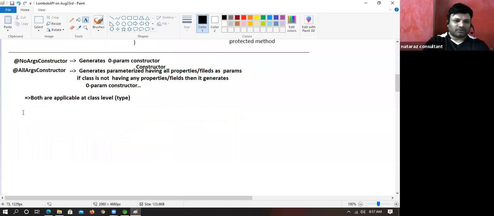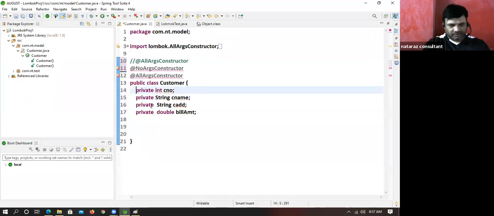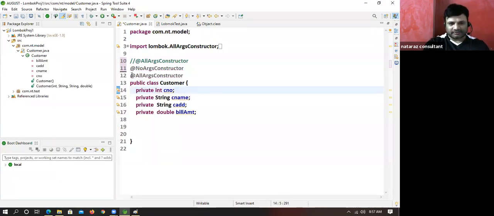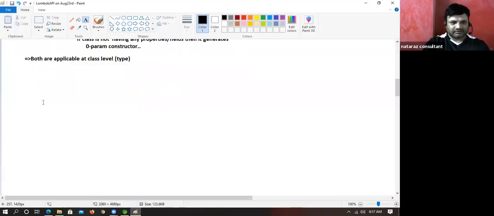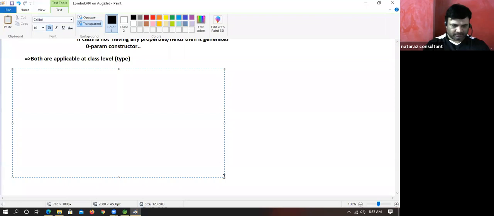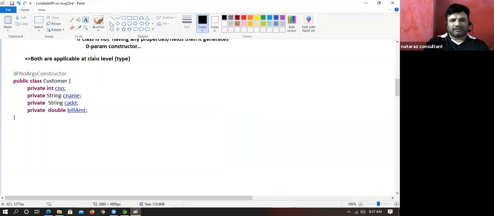Okay, super. What's the first one I want to give? Control Z. First, what is this? No args constructor. What is the generated code?